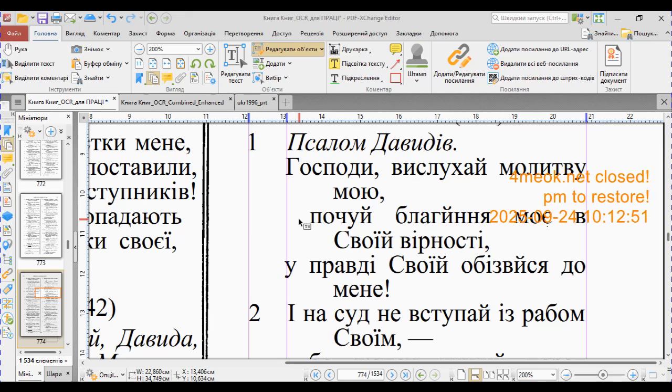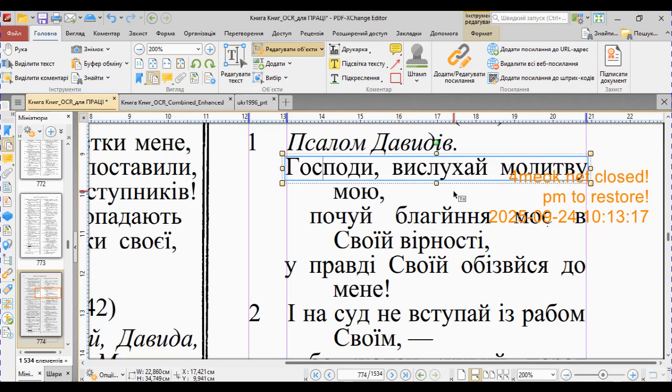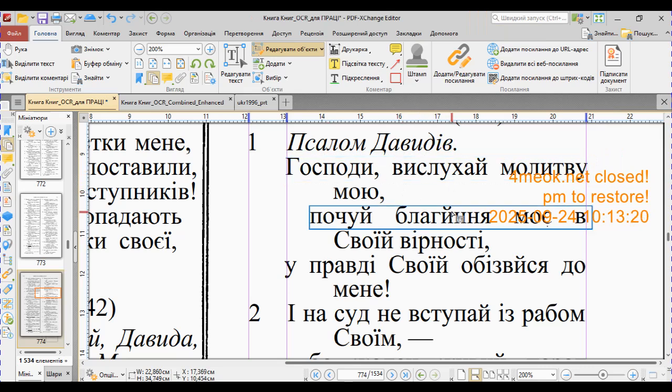And to make what we need, for example, we are going to clean some dots like this one. We are going to select sentences, edit objects and text elements. So in order to type or to retype or to recorrect words, so you see, in order to remove dots, spots,